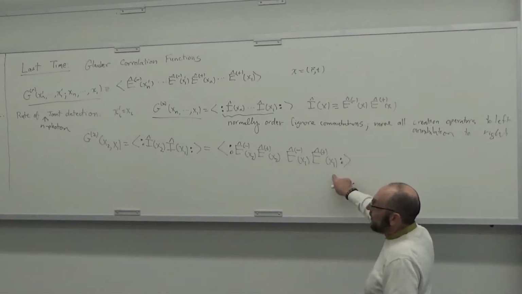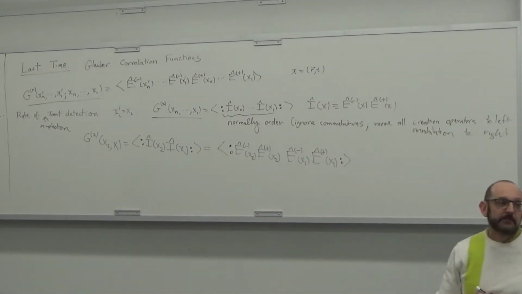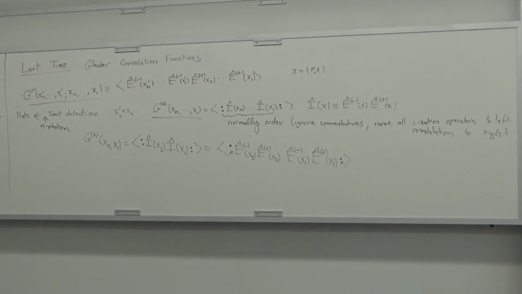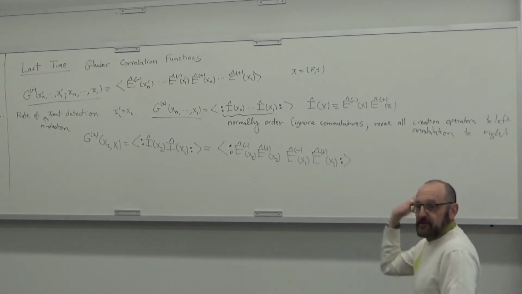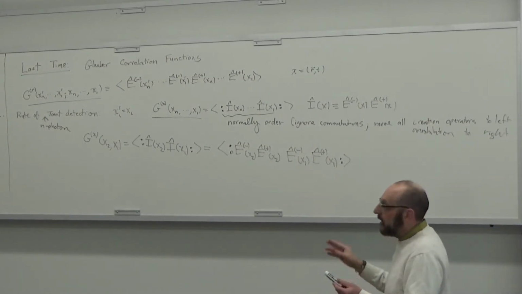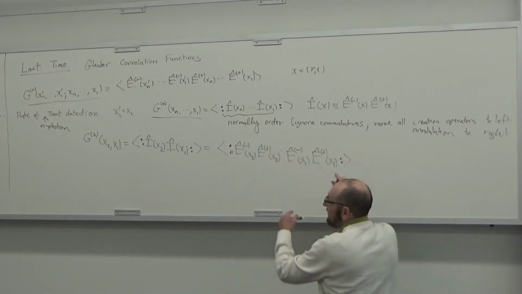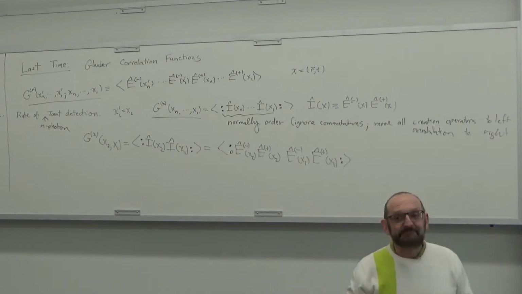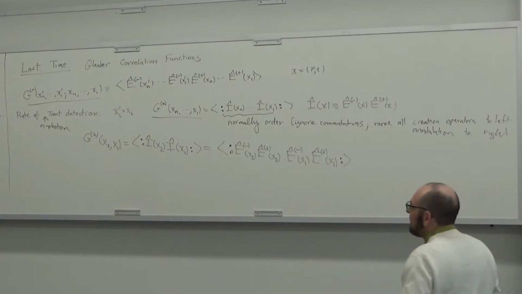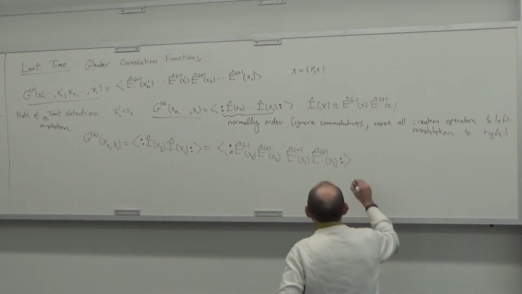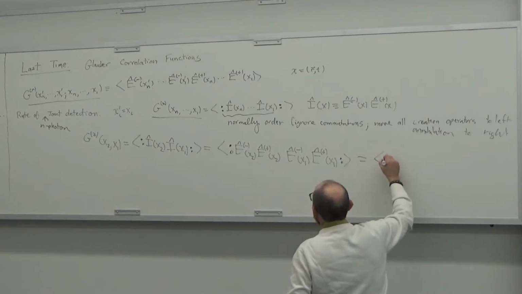And how do I normally order this? I move all the negative frequency components to the left and all the positive frequency components to the right. These don't generally commute, so I can't actually do that, but this symbol means do that. Okay? It's just a shorthand. So this is equal to